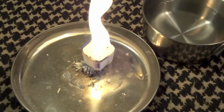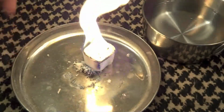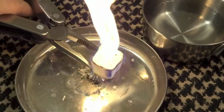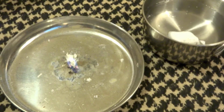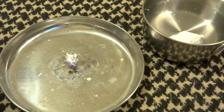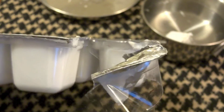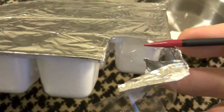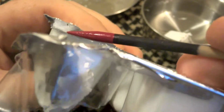So the only advantage the WetFire has is it comes in these little sealed pouches. One thing I did notice when I was cutting open the foil pouch on this particular package, ooh, there's still a little flame there, I'm going to move this out of the way. On this particular package it's not 100% sealed, because when I cut through where I thought it would be sealed, you can see right here there's some of the material they obviously poured in there. So these aren't sealed up 100%, and they would probably off gas